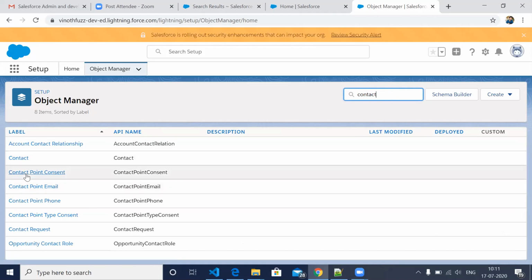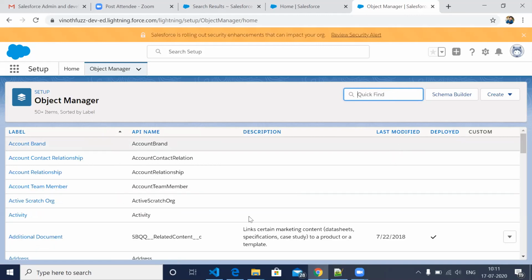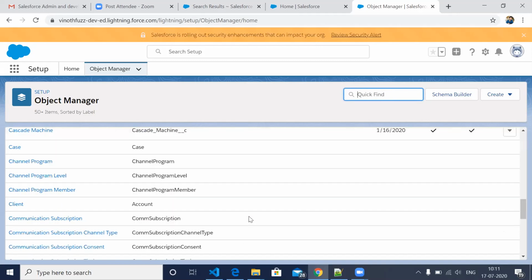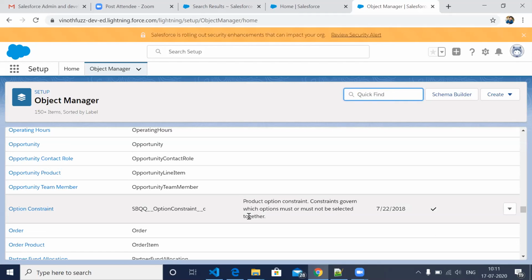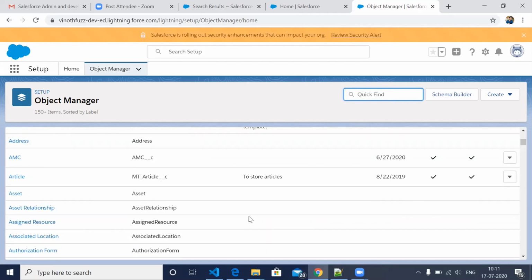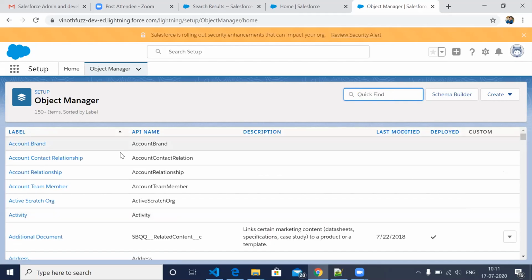So each one of these is one object in Salesforce. So these many objects are there by default in Salesforce. That means these many separate tables are there.